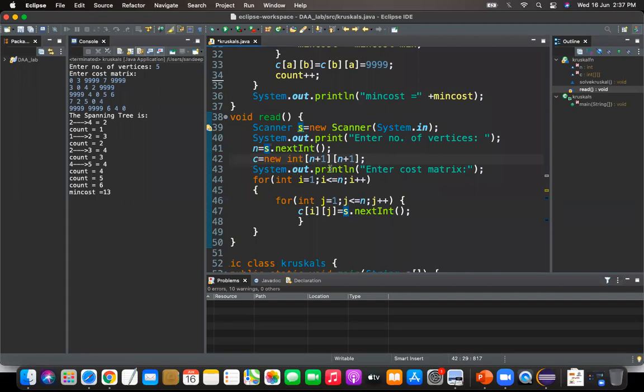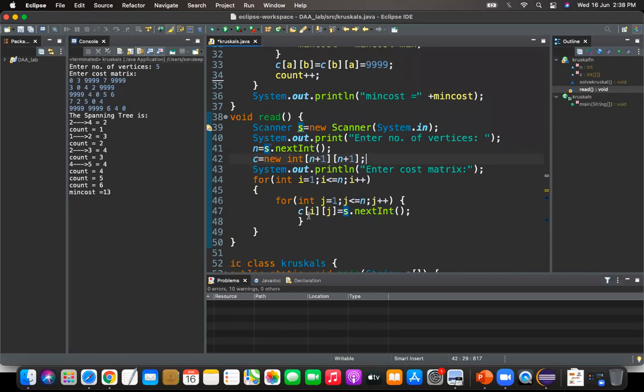Okay, with the dimensions n+1, n+1. And then two for loops are taken because you're storing the values into a two-dimensional array, and we'll start storing it from the index 1. Again, why index 1? I explained in the previous lab itself while explaining Prim's. We are not starting with the index 0. We are starting our matrix with the index 1. Row value 1 as well as column value also 1. From 1, we are inserting the elements.